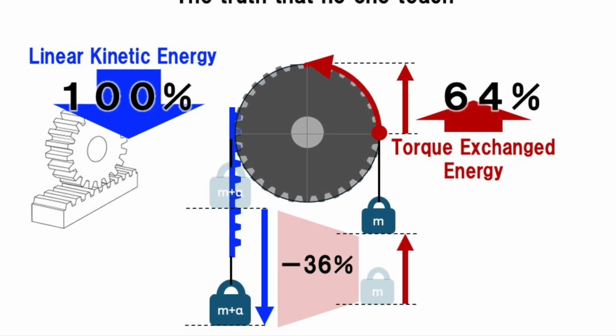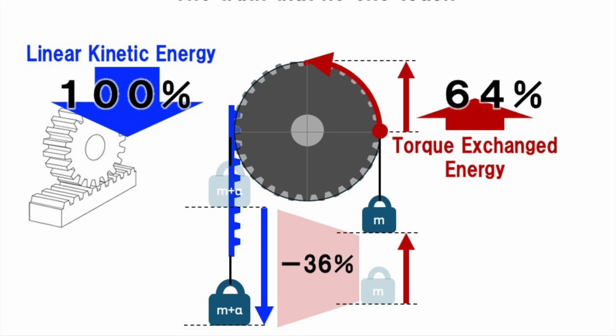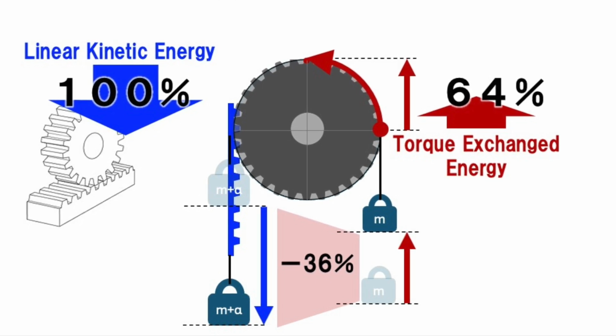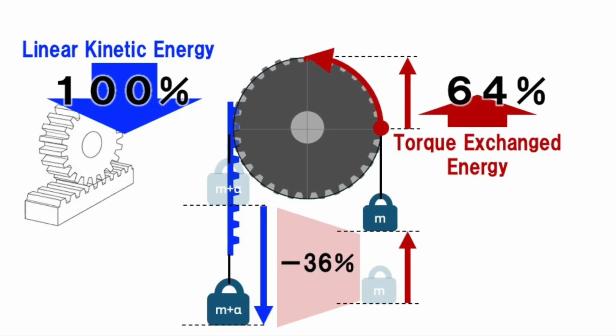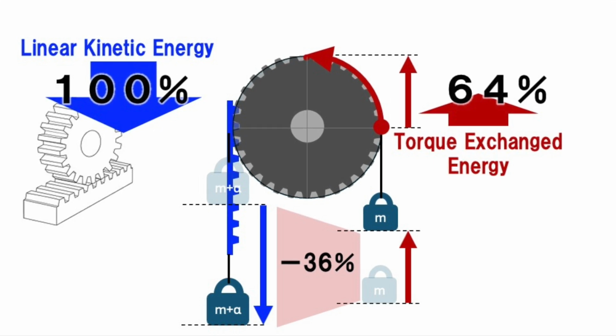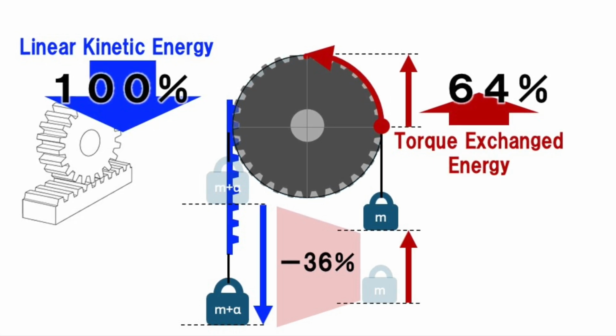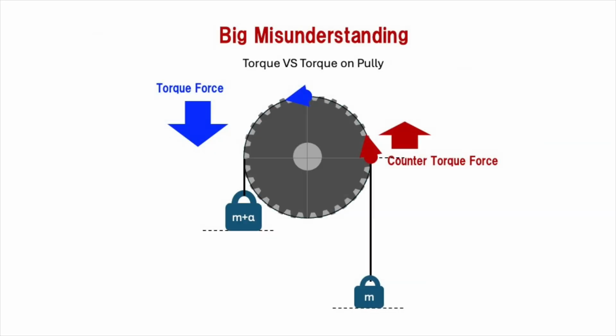However, there is a phenomenon that creates a big misunderstanding that makes it necessary to conclude that this conversion loss is mechanical friction resistance. This is because, in a very similar situation, if you use a pulley action, the same force can be generated with the same force in the opposite direction. It is true that pulleys do not have as much mechanical friction as gears, so it is understandable that the torque conversion loss is considered to be mechanical friction resistance.